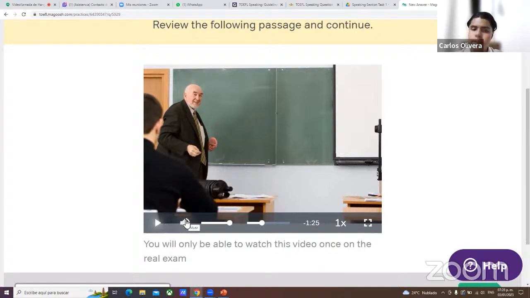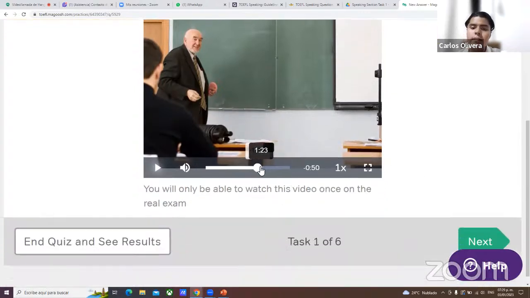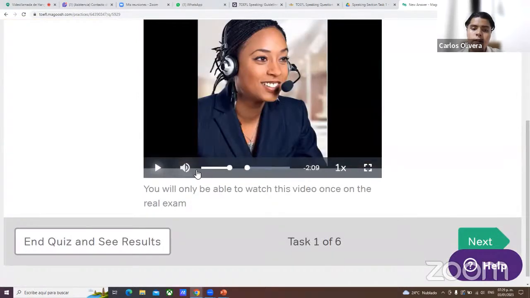Well, the volume, of course, is adjustable. You can adjust it. Well, with that, there's no problem. But with regard to reproducing or skipping this, you cannot do it. The computer does that automatically. And as I say, you cannot repeat it. You cannot pause it or anything. It always goes through straight away. And it reproduces until the end, okay? Well, when you finish listening to this lecture, as you can see, in this case, it lasts for 2 minutes and 9 seconds.